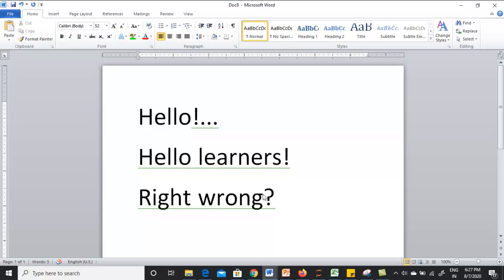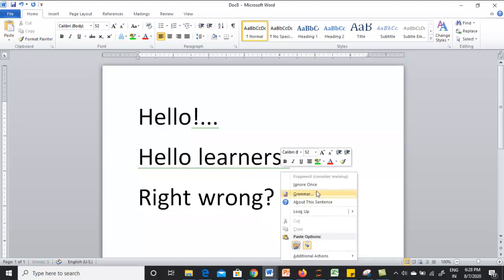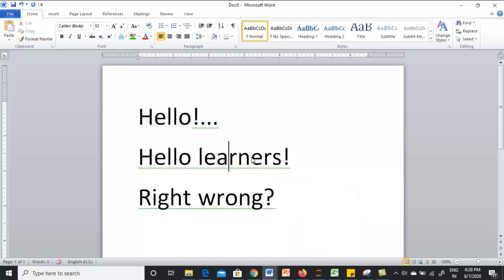When we place a question mark at the end of a line, it means it should have a question verb at the starting. So initially the characters are being checked, then the words are being checked, then the syntax is being checked. Even if the syntax is right, it may ask you to consider revision, in which case the meaning of the sentence may go wrong. Here, "Hello learners" is an appropriate statement from our end, but the grammar checker flags it, meaning that the meaning of this sentence is not properly interpreted by the system. So these are the stages which we normally go through while trying to scan our document for its correctness.